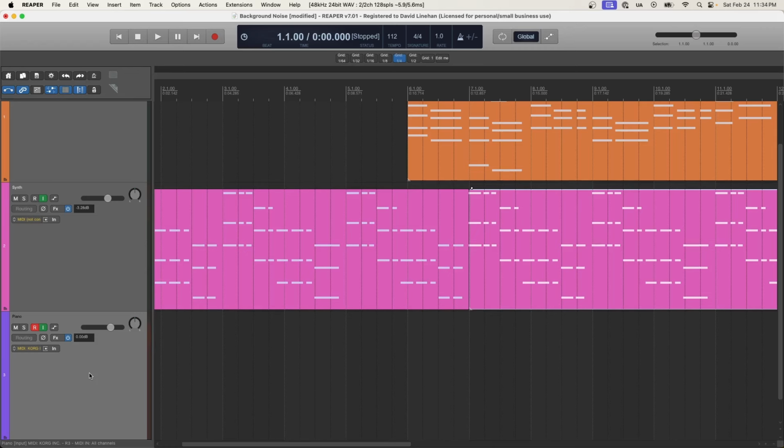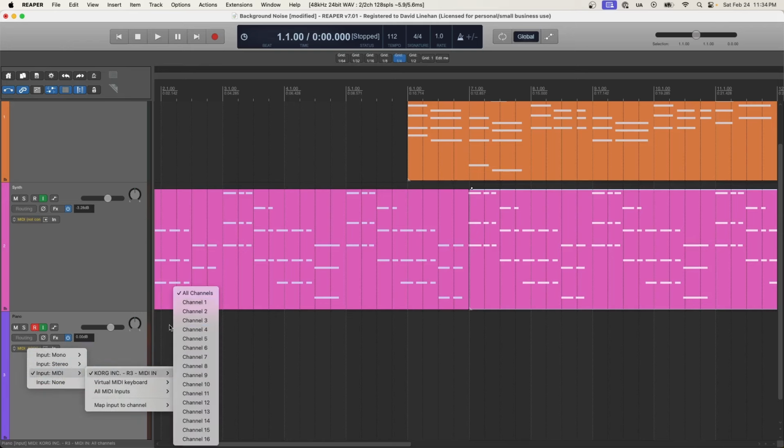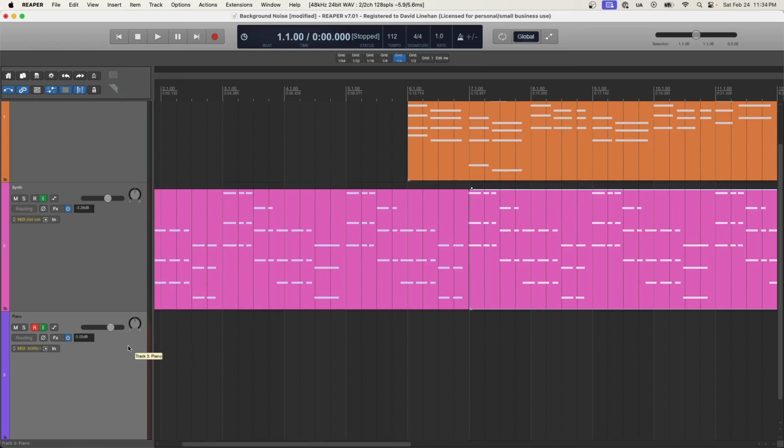So you create an instrument track, you load up your virtual instrument on one of the inserts, and then you go and select the input again as your MIDI keyboard. Now, if you don't have an external device like a MIDI keyboard or some type of MPC pad or something like that, it's okay. You can draw the notes in manually, and I'm sure you've seen this if you watch other producers work. They can draw in melodies or chord progressions manually in the MIDI editor, and we'll get into that. So once you have these types of things set up, then you can go ahead and start playing around